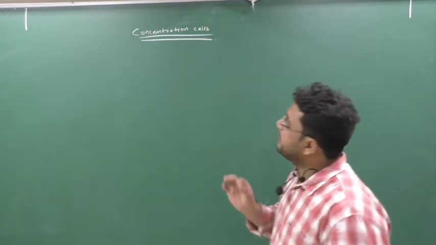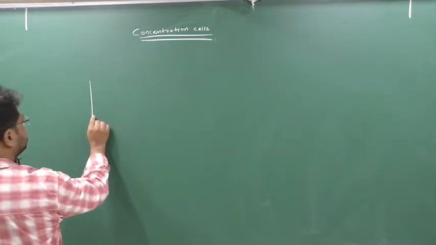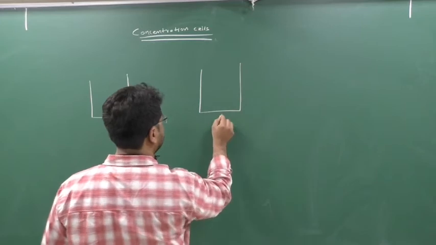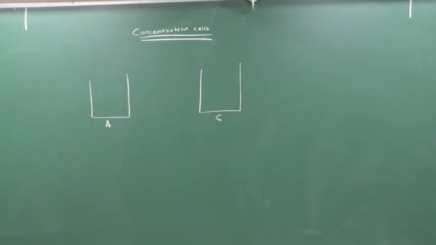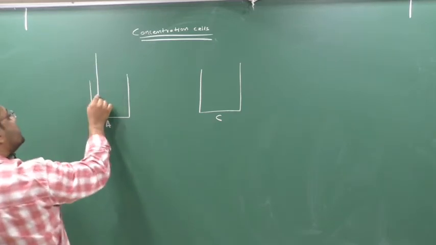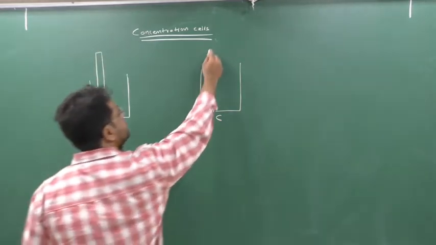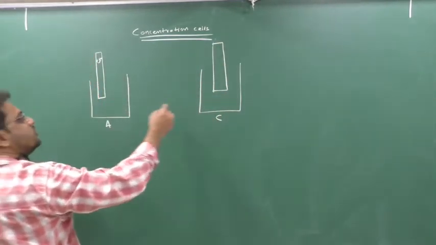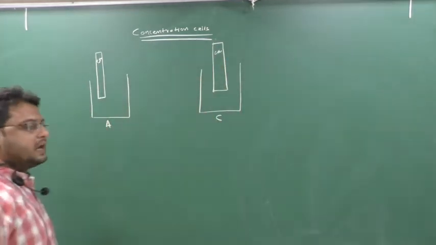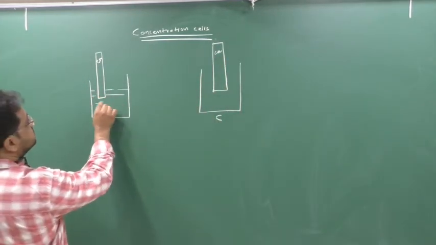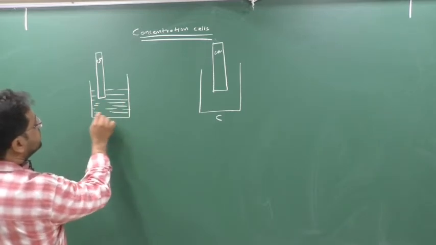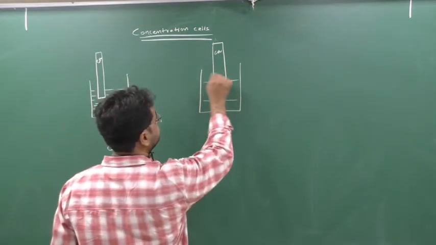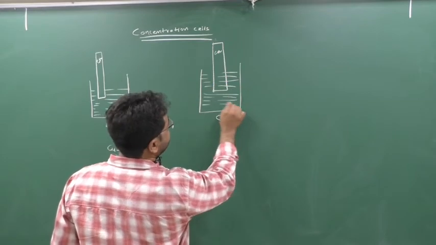Listen, what will happen in the concentration cell? See, this is an anode. Suppose I make this the anodic compartment and this the cathodic compartment. Clear? Now, in concentration cells we are taking the anode electrode and cathode electrode the same. Say if I have taken the anode electrode as copper, then the cathode electrode I will also take as copper. And here I have to fill the salt solution of copper. Say I am filling copper sulphate. Here also I am filling copper sulphate, because I have taken copper, so I have to fill copper salt only, no?